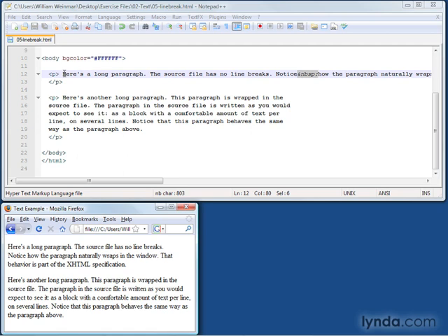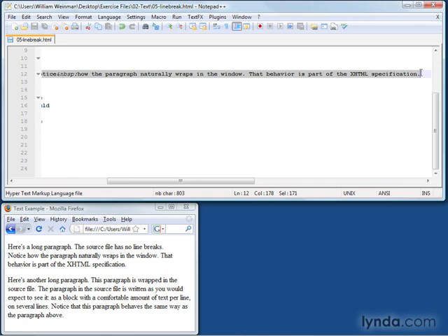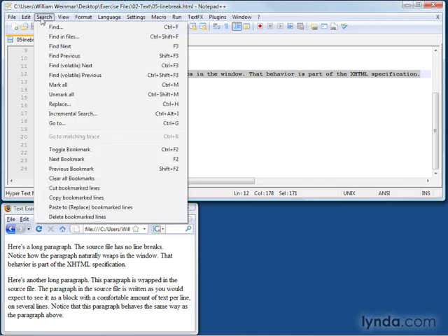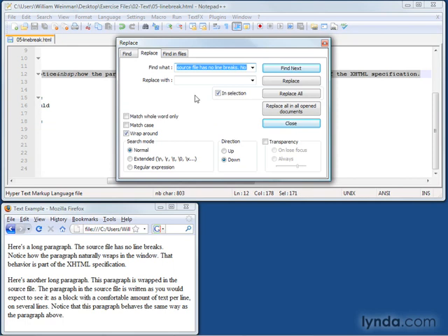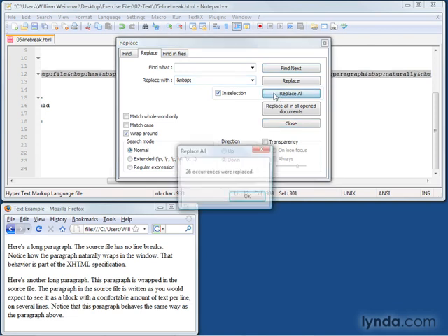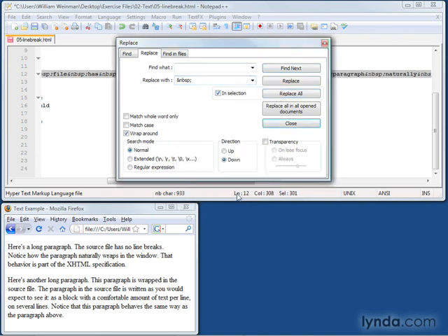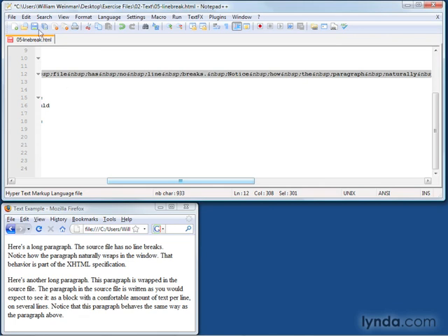In fact, if you wanted this paragraph to not wrap at all, you could select the entire line, and I'm just going to select it from here to the end, not include that space beforehand, and use the editor's search and replace feature to replace the space. The editor fills in whatever you have selected when you do that, and replace all the spaces with non-breaking space entities. Replace all in selection, 26 occurrences, close,